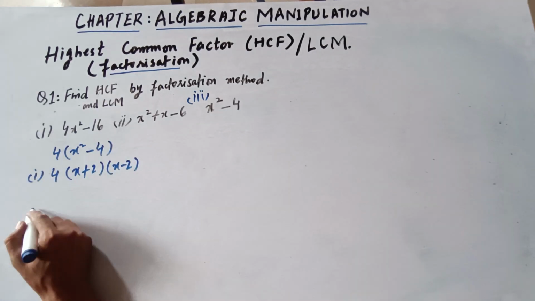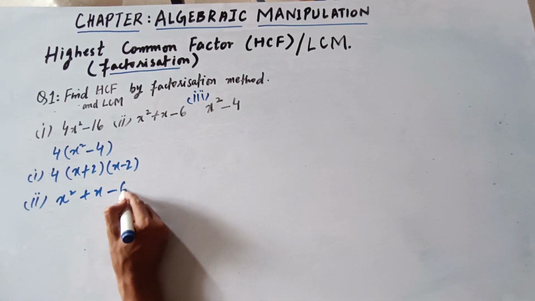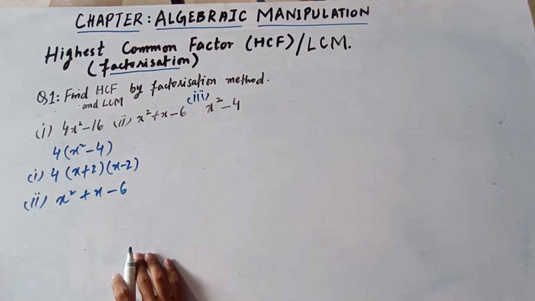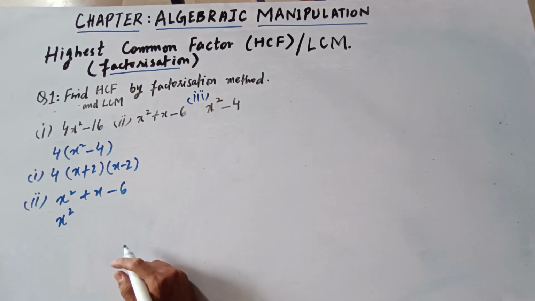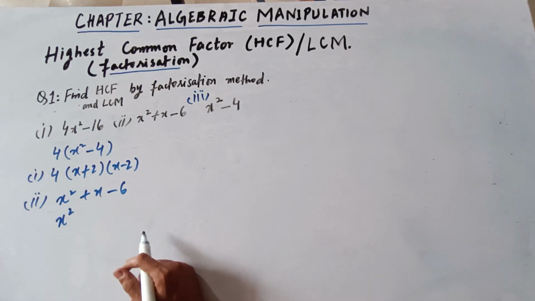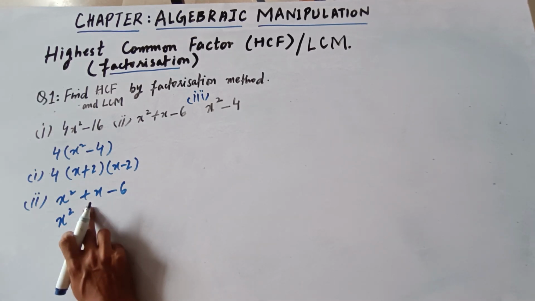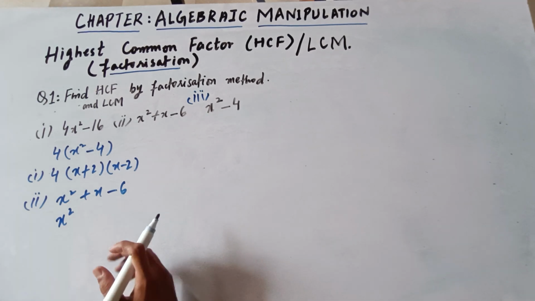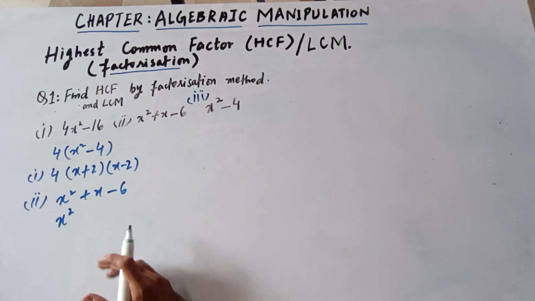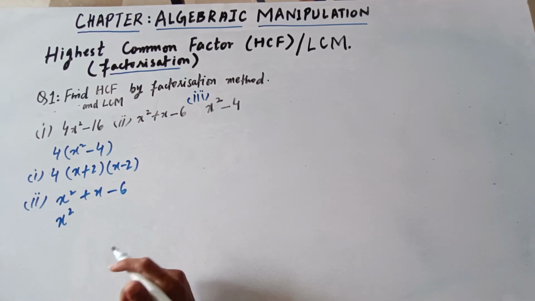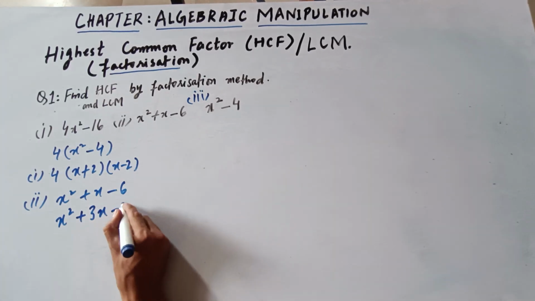Now if you look at the second one, as we have seen in the previous question, it has 3 terms and we can do middle term breaking factorization here. So it is minus 6, and there are multiple factors of minus 6, for example 1 into 6, 2 into 3. In the middle it is written 1. If we take 1 into 6, we will not get 1 in any condition: 6 plus 1 is 7 and 6 minus 1 is 5. But if we take 2 and 3, then 3 minus 2 is 1. So we will take 3x and minus 2x.